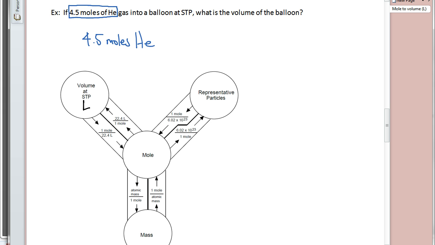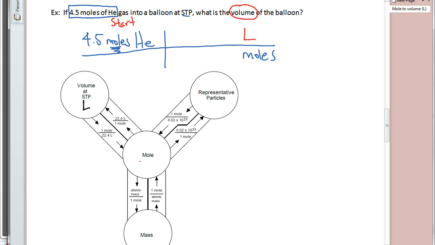So I'm going to write 4.5 moles of helium, just like that. And then it says it goes into a balloon at STP. STP just means I'm allowed to use the mole road. What is the volume of the balloon? So we're converting to volume. That is our unknown. Now if we look at the mole road, the unit for volume is going to be liters, so we write liters right there. Again, we take this unit, moles, and write it right under the word liters. So we're starting at moles,